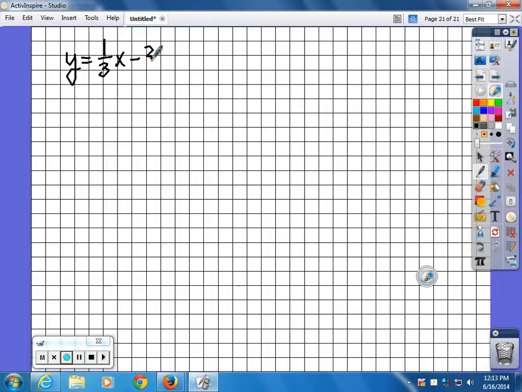And if you don't like to do that, raise your pinky up and go, f of x is equal to 1/3 x minus 7. Because aren't they the same thing? They're the exact same thing. Only, and this is for everybody that didn't pick this up,